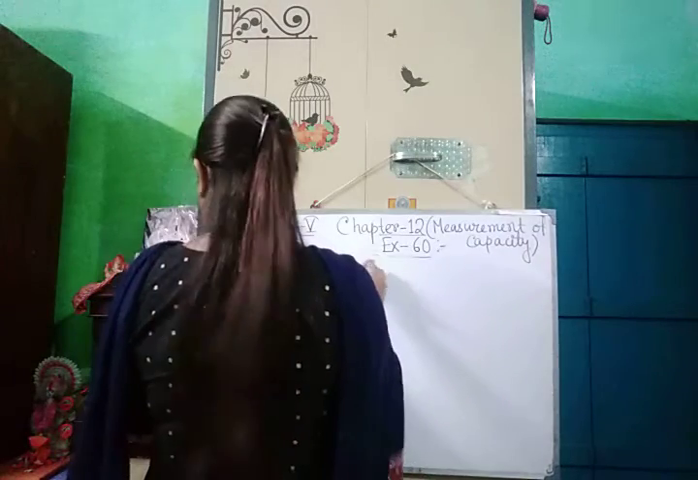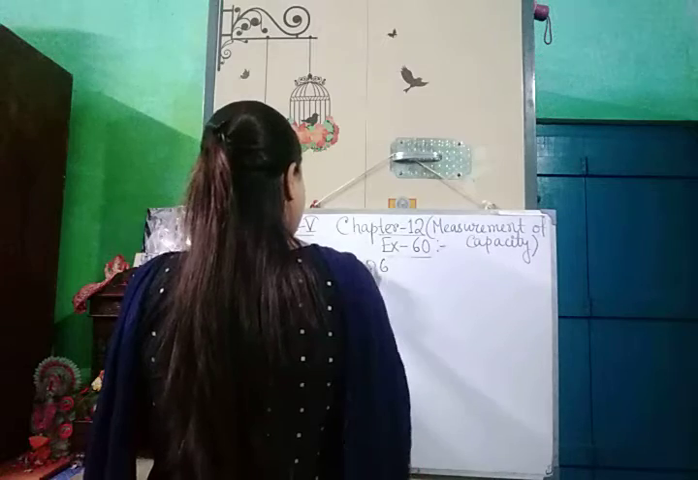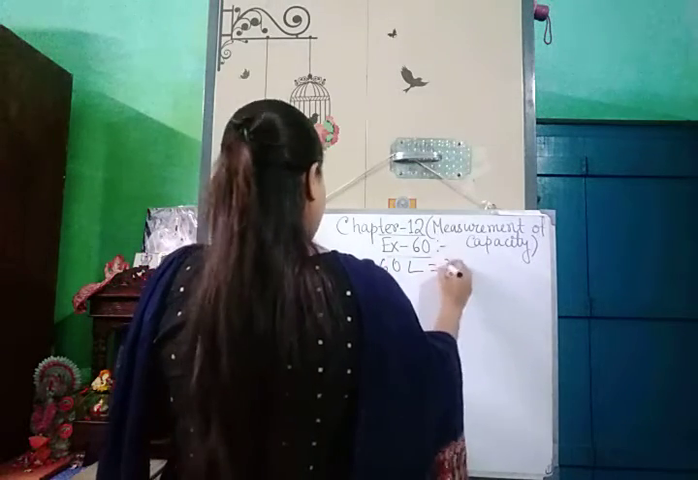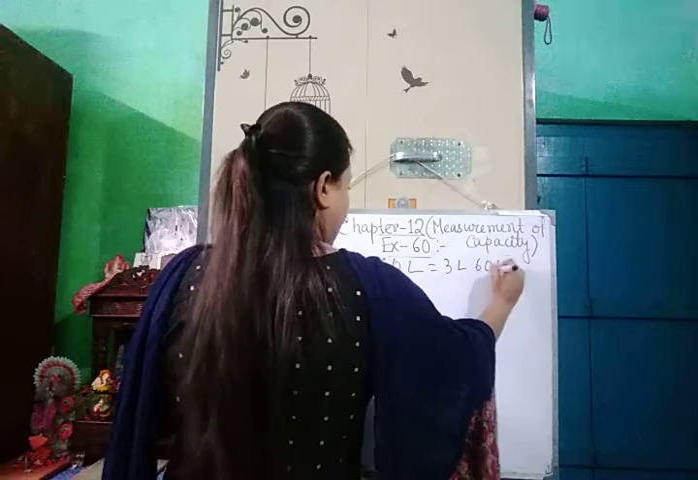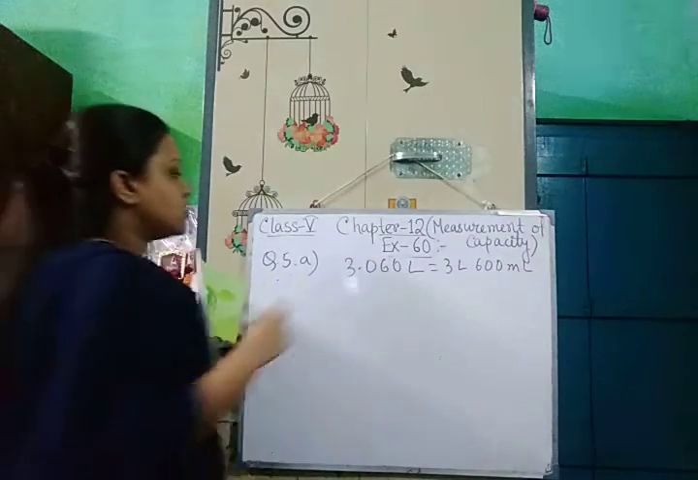3.060 liter equals 3 liter 600 ml. It's given. We have to check whether it's true or false. So see,